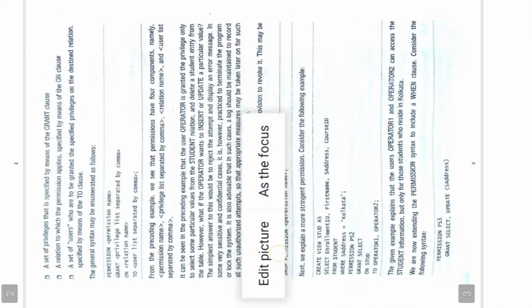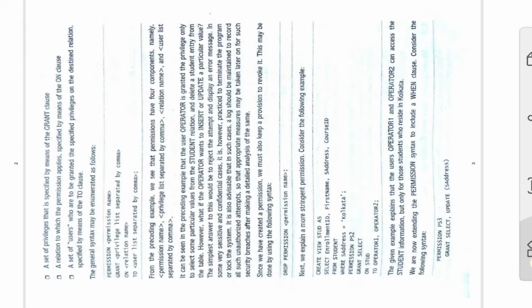Now we'll add something to this so that I will make you more clear. Whatever I have tried to tell you, the same has been written here. You can read it later on, but for the sake of time I will read it out to give you more clarity.